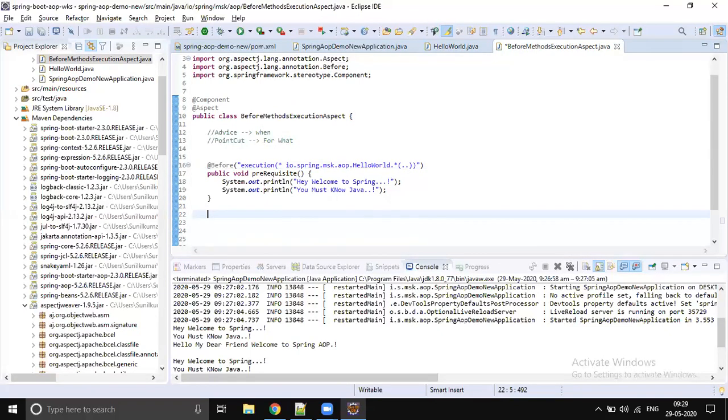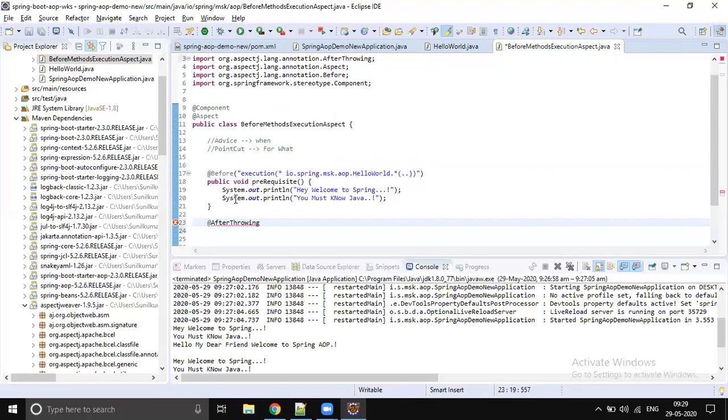So when you would like to do something when a method throws an exception, you should use after throwing, and you should configure the pointcut. There is no other way.